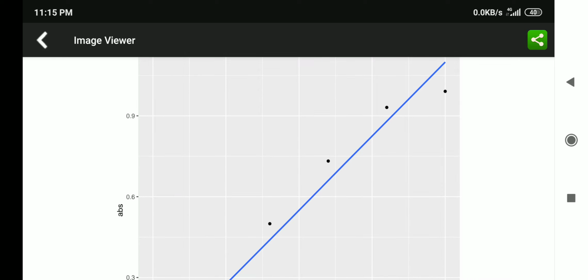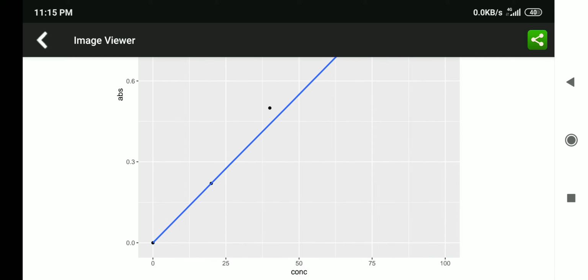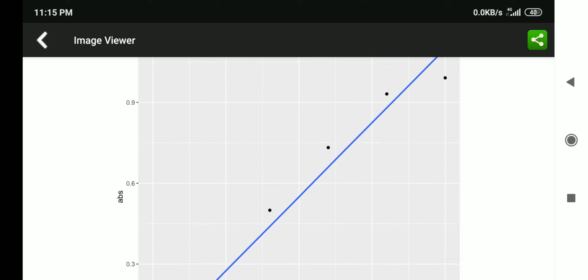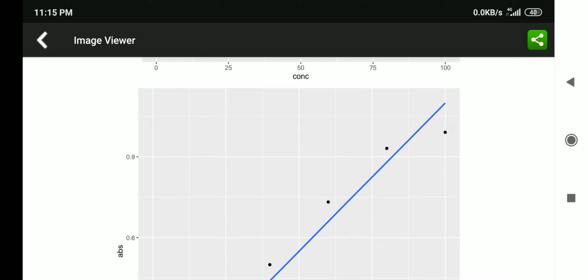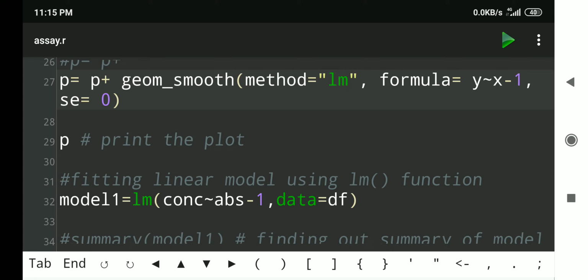And this is a standard line, and some points are on the line, just 2 points are 0, and the first point is on the line, 3 points are above the line, 1 point is below the line. This is the regression line calculated by a mathematical formula, therefore it is the best fit line. And it is different from the line which we pass on a manually plotted graph by visual observation. Visual lines are not correct lines, we need to have regression lines.